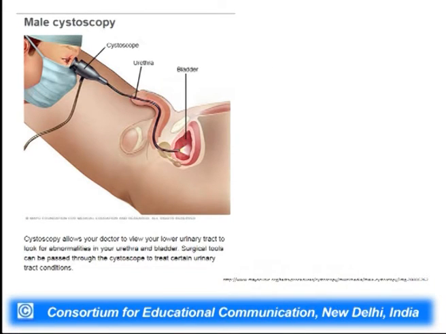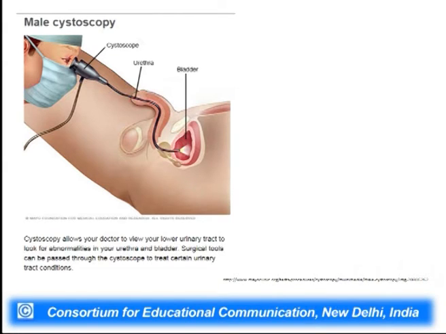Then the next type of biopsy is called cystoscopy. In this cystoscopy, the doctors generally want to observe the urinary tract, mainly the urethra and the bladder region. So, the doctor inserts this endoscope or the cystoscope through the urethra, and then subsequently they observe the bladder and the urethra region.